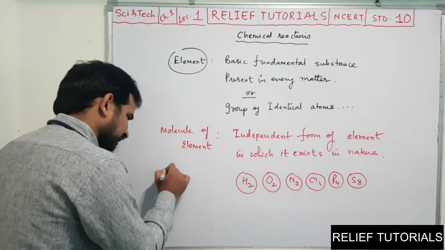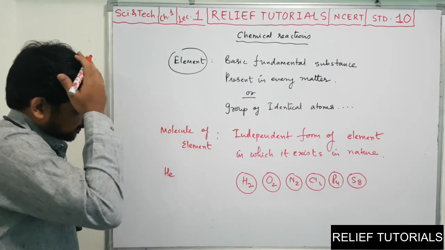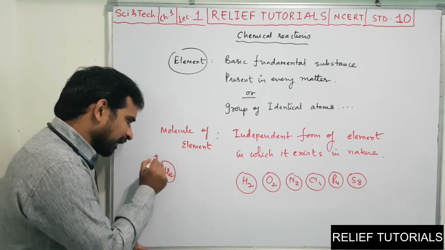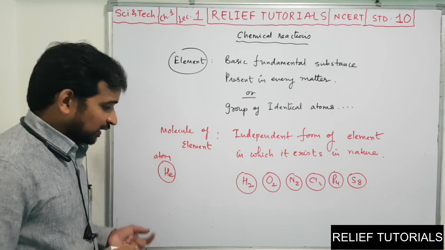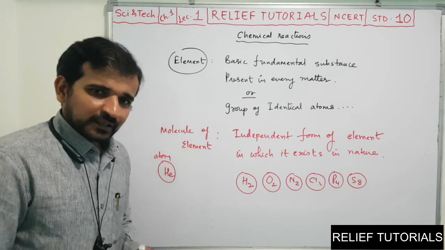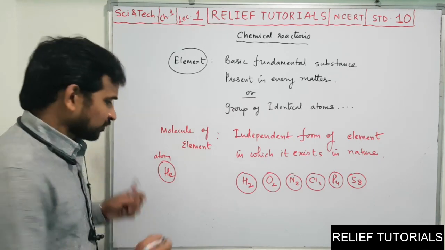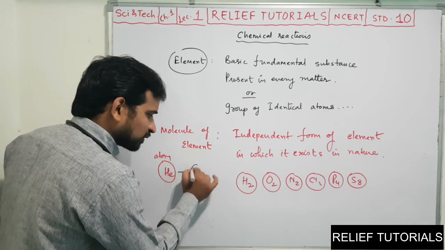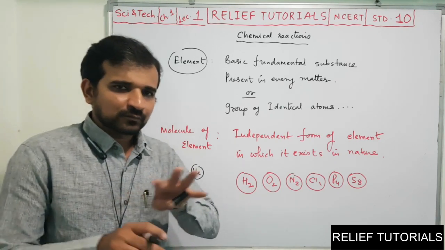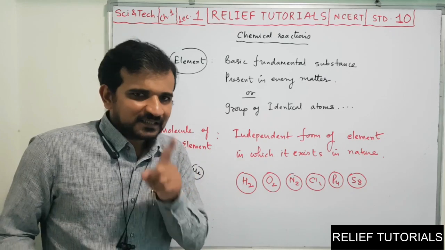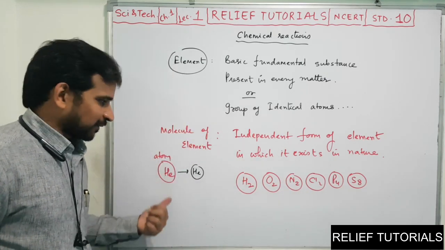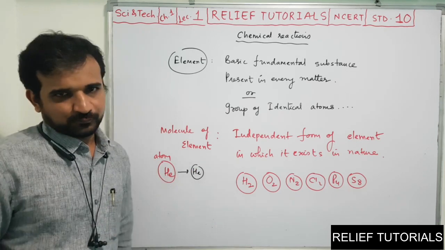So say one more example. Let us say helium gas. Helium is normally represented by He. So this is the symbol of the atom. Now the question is whether this helium is available in single atomic form. If it is available in single atomic form, then the molecular formula will also be He. Just like hydrogen, a single atom is not available. So H is atom and H2 is molecule. But in the case of helium, He is the atom and He is itself the molecule.